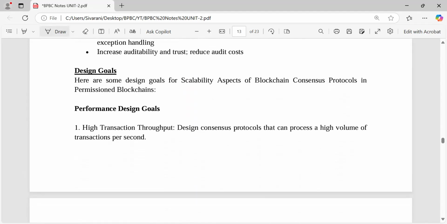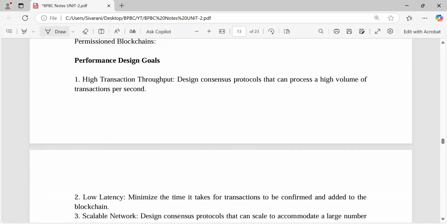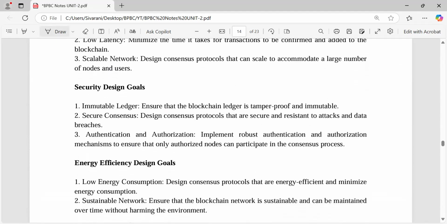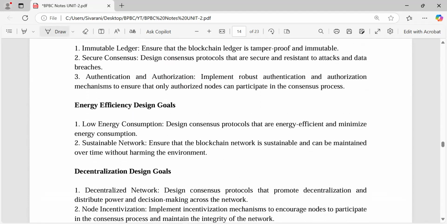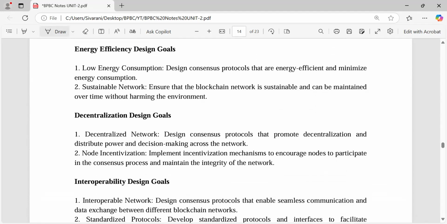Next, design goals. First, we'll look at the performance design goals: high transaction throughput, low latency, scalable network. Coming to the security design goals, we follow an immutable ledger, secure consensus, authentication, and authorization. In energy efficiency design goals: low energy consumption, sustainable network. In decentralization design goals,